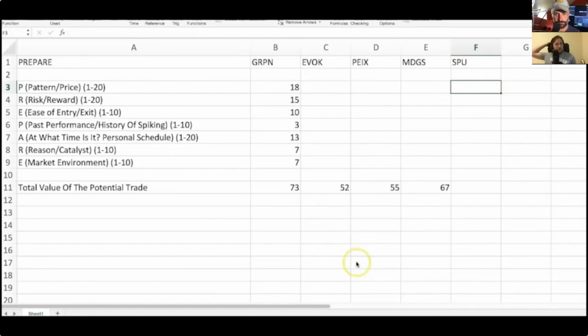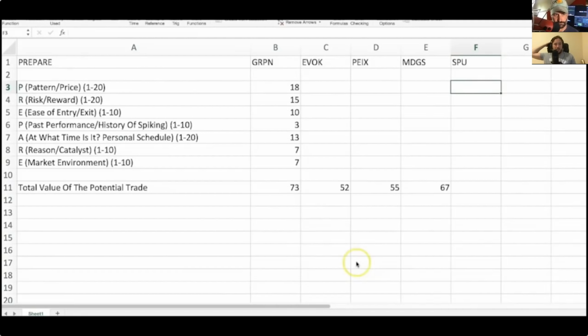It didn't move that big for a low float on high volume. But for me, the risk reward, I see some of these double top. You do see some of them double top, but I think you're risking around VWAP, and the potential for this to run into the afternoon is huge. So I give it about 18.